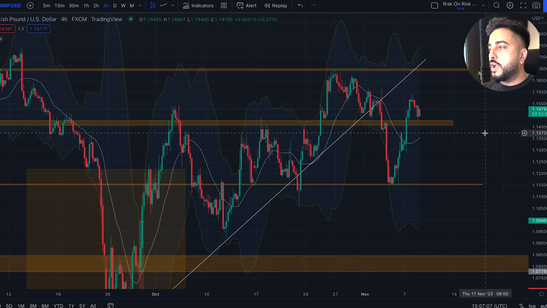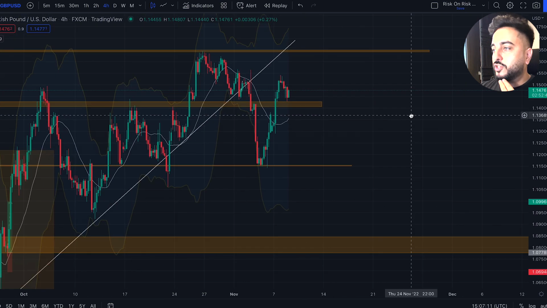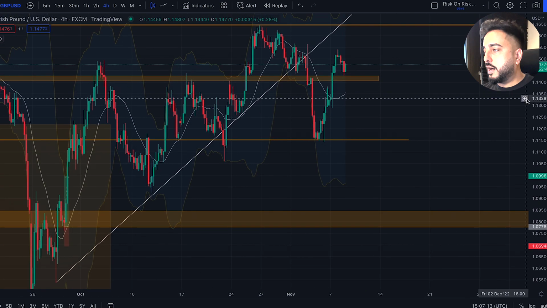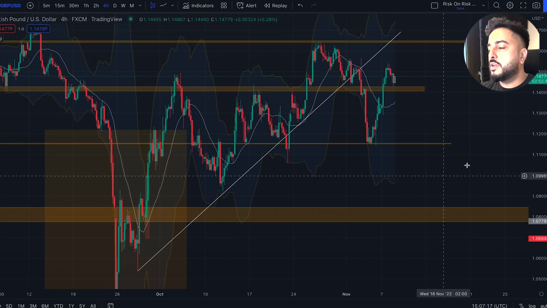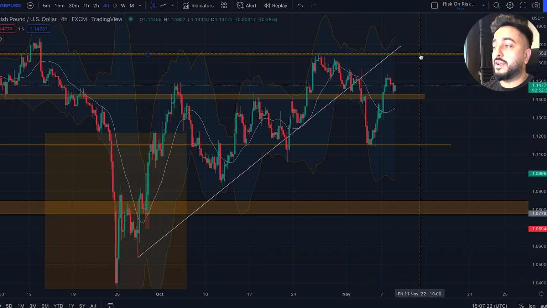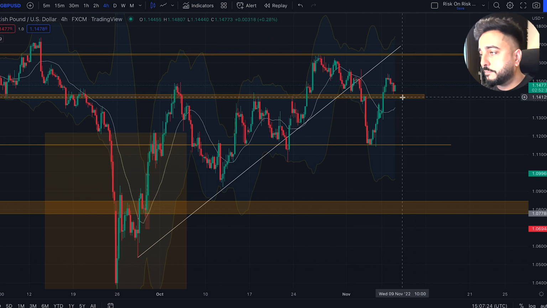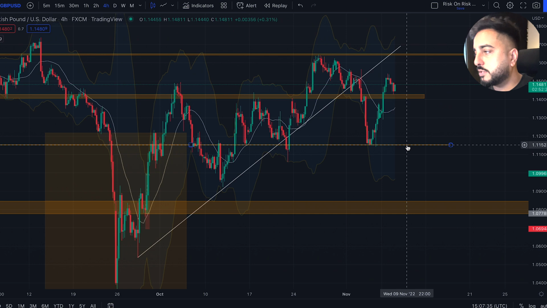Now, where do I feel like it's going to go next? This is where I'm going to make my predictions, and my predictions are going to be bold, guys. I believe with everything going on right now with the macro picture, there is nothing substantial that's going to tell me that pound is going to be trading a lot higher unless something changes. So for me, once it breaks this level right here, I'm basically looking for sell opportunities. I am looking for short opportunities. And so for me, once I see this level get broken at 1.14, my first target will be 1.115.